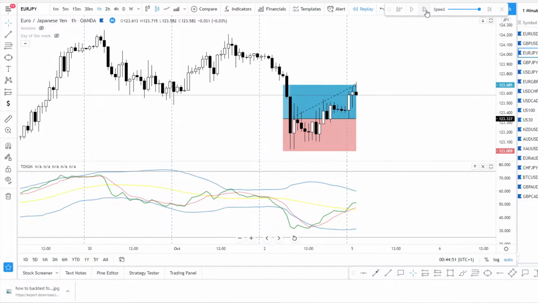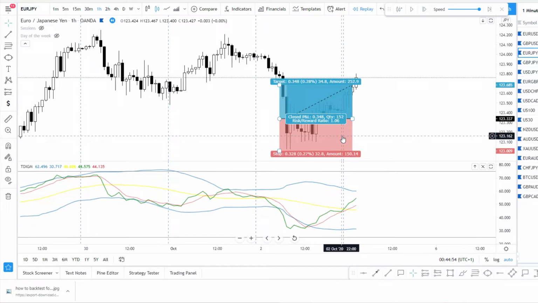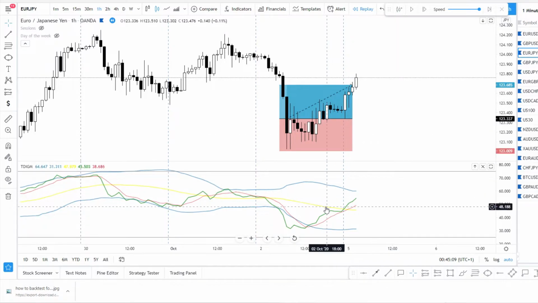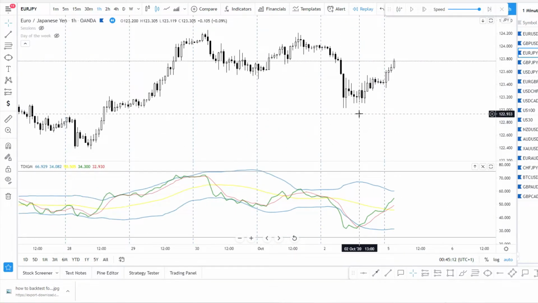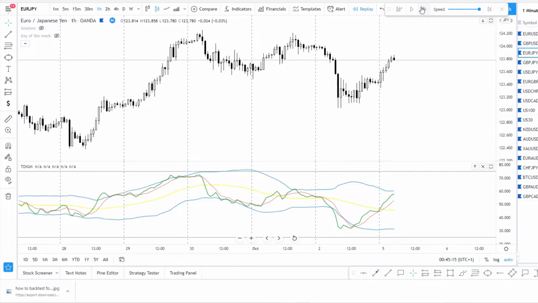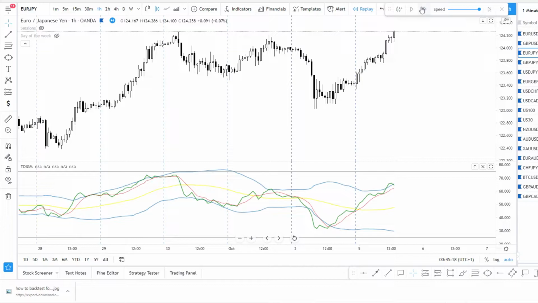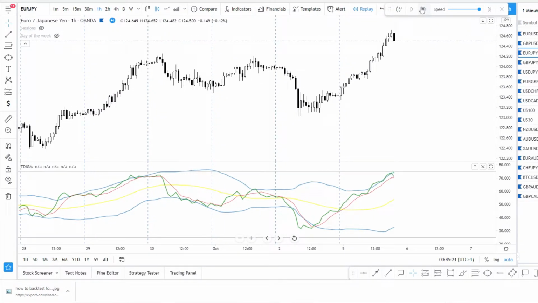Well, it's too long, but we have 1 to 1. Well, it was a scalp that took a few hours, so you probably close it. But of course you can use it on smaller time frames, not just 1 hour, because this took a few hours, but we get 1 to 1, and that's all that matters. If you want, I will do a video on small time frames, because you are looking for scalp, but it can be faster. This just took a few hours, but it can go much faster.